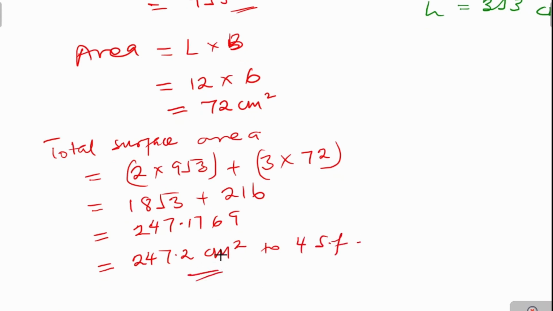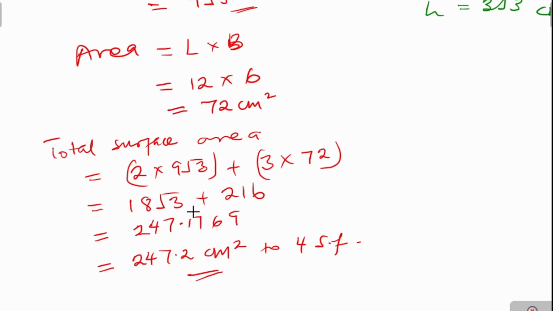Alright, so I just decided to write everything before I talk. Like I said before writing, this is the area of the triangular side, and there are 2, so 2 times that area, then plus the rectangular side or rectangular face, which has an area of 72 cm squared. So that one, there are also 3, so 3 times that gives us 216, and this one gives us 18